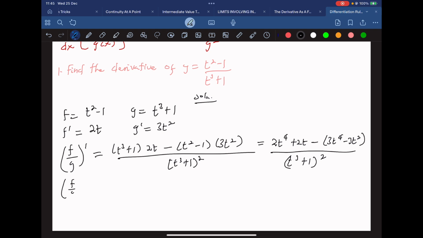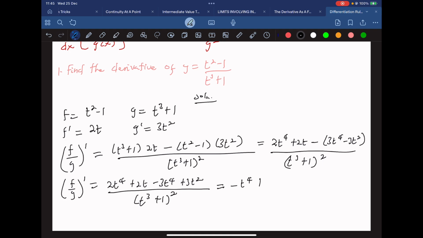So (f/g)' is (2t^4 + 2t − 3t^4 + 3t^2) out of (t^3 + 1) all squared. Now if we simplify this, we see that 2 minus 3 is negative, so we have −t^4 + 3t^2 + 2t